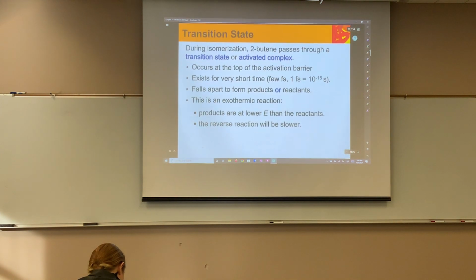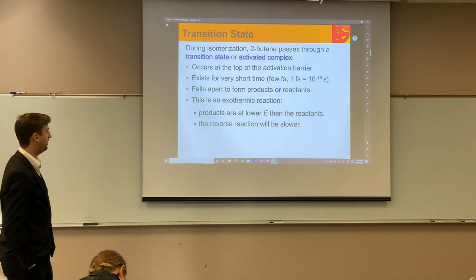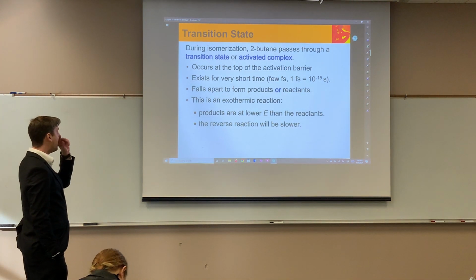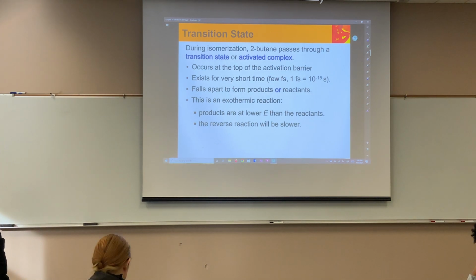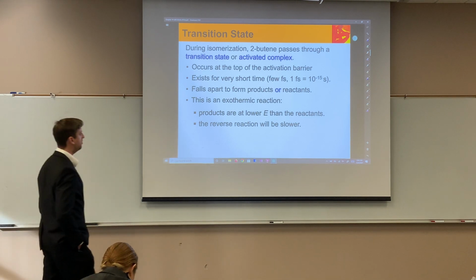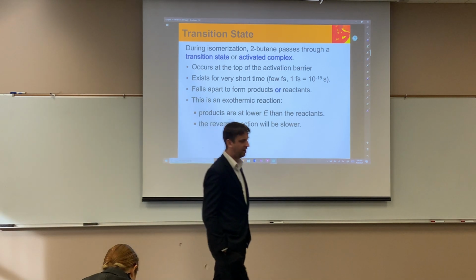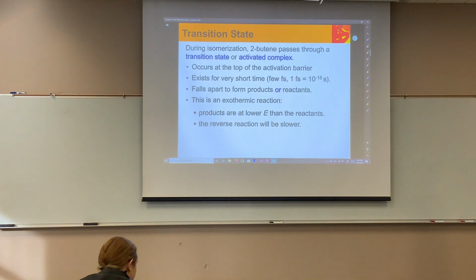All right, a couple of important terms to put together so we can start to look at some graphical representations as we go forward. We have what's known as a transition state, and the point at the top there probably doesn't mean anything right now, unless you've read ahead in the book. It occurs at the top of the activation barrier. Wow, does it really? Amazing. I'll point that out to you guys, and it'll make a little more sense.